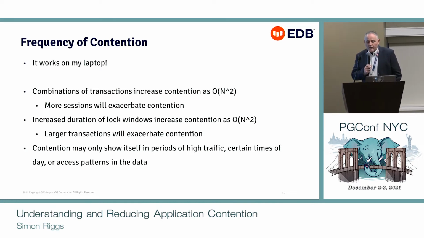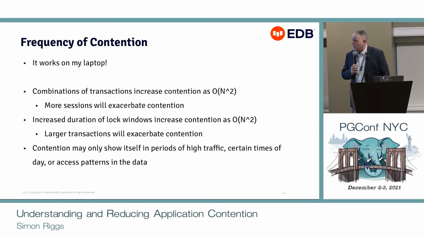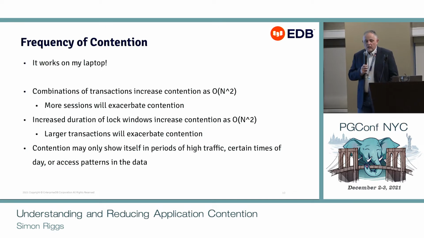The effect this has is that if you've got multiple sessions all accessing the same data, then the amount of contention you get goes up as the square of the number of concurrent sessions. So if you go from 2 sessions to 64 sessions, you're going to significantly increase the amount of contention on the system. At the same time, if you increase the latency of transactions, that increases the contention also as the square of the duration